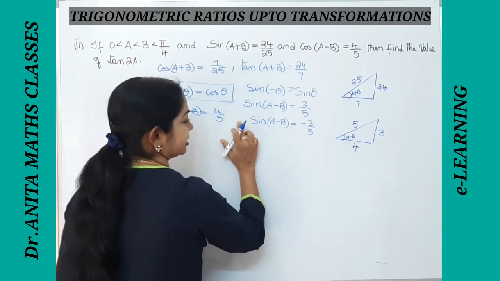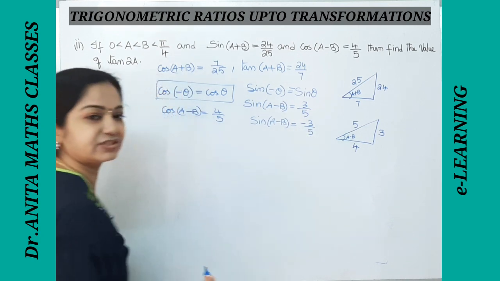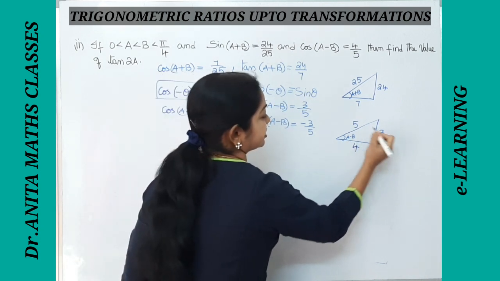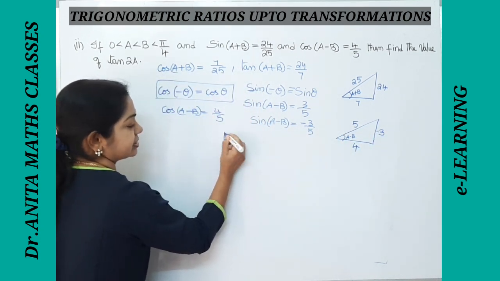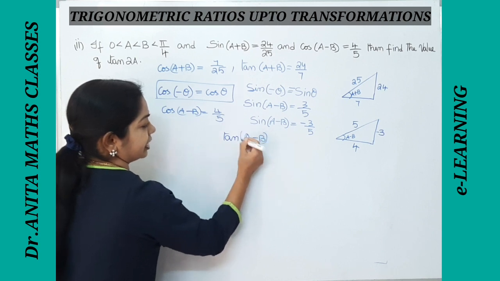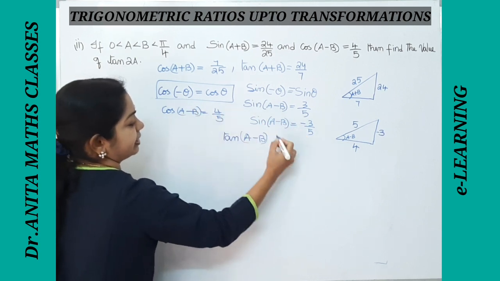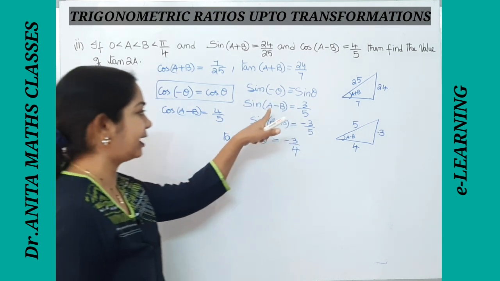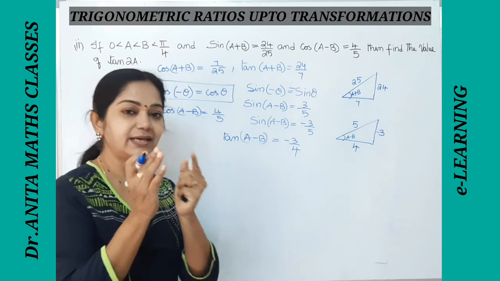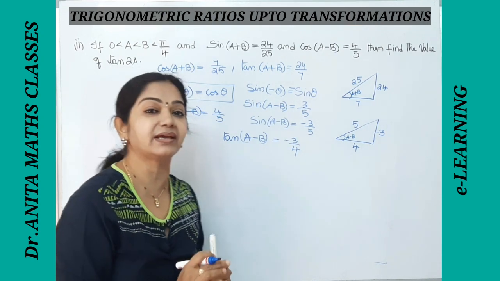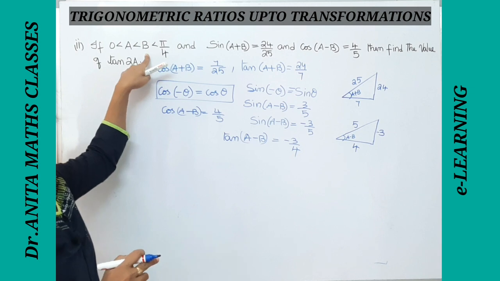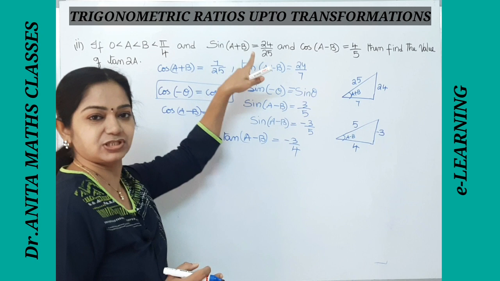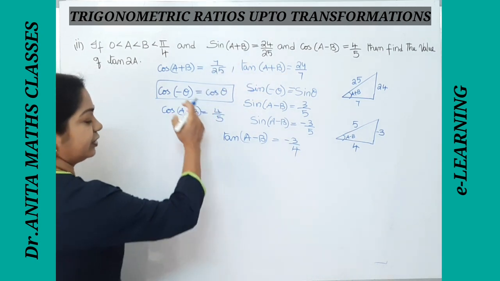If I take this negative sign to the other side, the value of sine will be negative here. And when the sine value is negative, we also get the tan value as negative. So tan is sine upon cos, so minus 3 by 4. Here we need to understand that the A minus B angle, if I am supposing it as one angle, is a negative angle because A is less than B. Whereas in the case of A plus B, these two form a positive angle only. Now we got all the values.